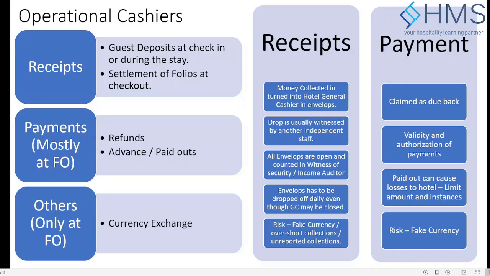So at times, the cashier receives damaged or torn notes also. Yes, correct, you're right. So normally the cashiers receive that money, so there is always a tolerance limit. Normally, the general cashiers are required to train the operational cashier on how to identify the currency, whether it's the right currency to exchange, or whether we can accept the damaged currency or not.